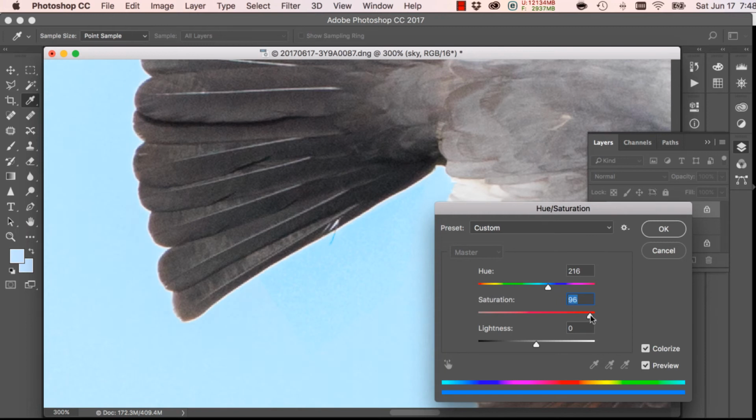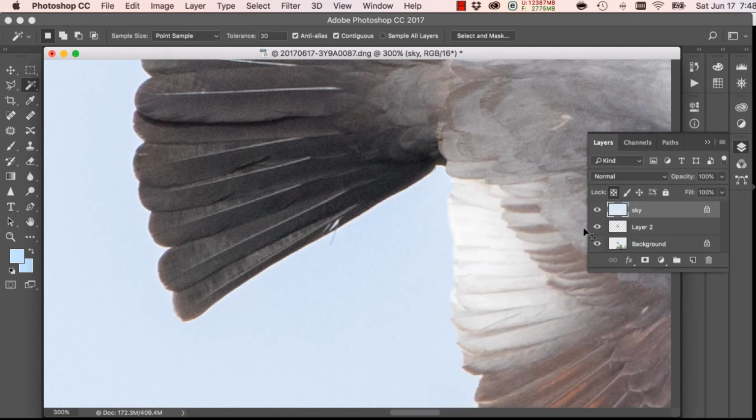If I take this all the way up, you can start to see that there were a few pixels in the tail. Now there are ways of getting around that. All I wanted to do was get a slightly bluer sky, and I think I have achieved that, so I'm going to now click OK, and let's zoom in out on